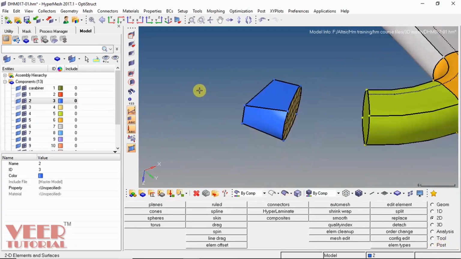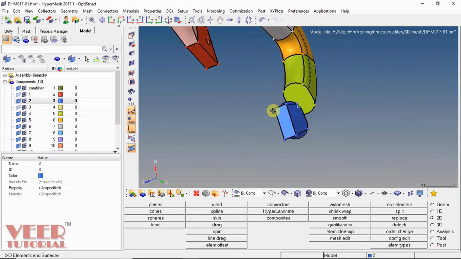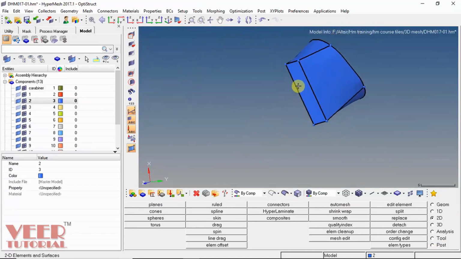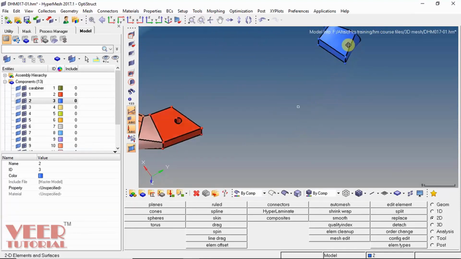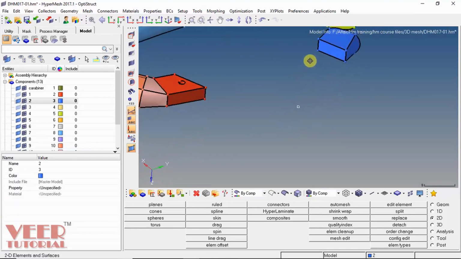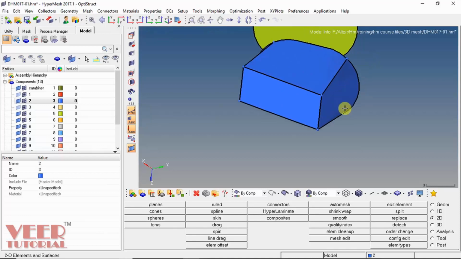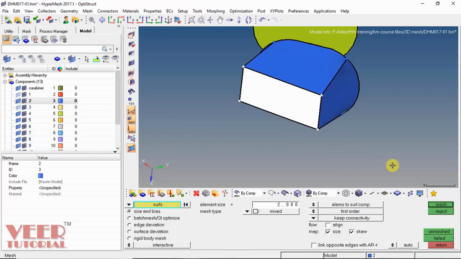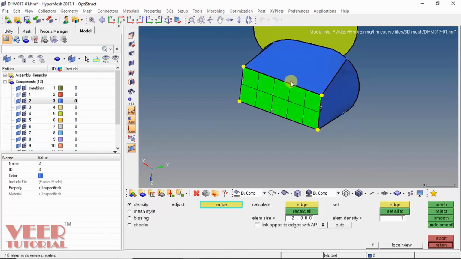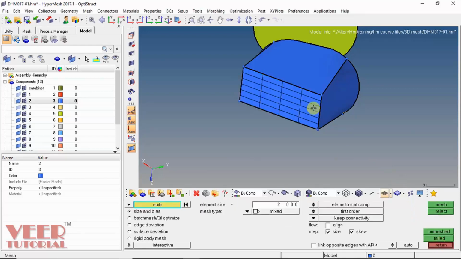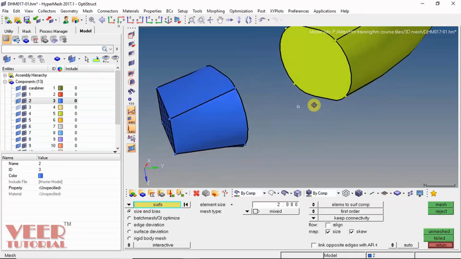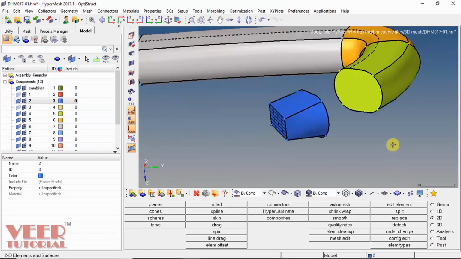And now we have to do the meshing on other surface also, because the cross section of this surface is different. So let's do the mesh, and we have to make sure the number of elements on the both surface should be equal. So I go to auto mesh, select this surface and click mesh. Number of elements 4, 4 and 6 on the other side. 6 here. Hit the return and click on return. And then I go to return option.